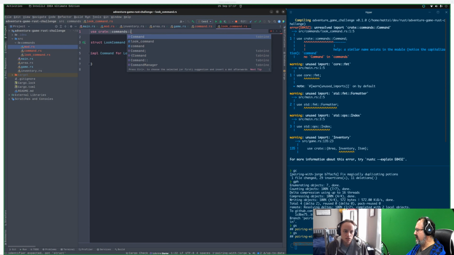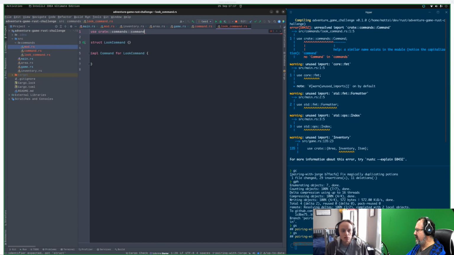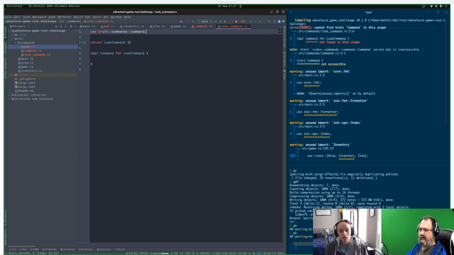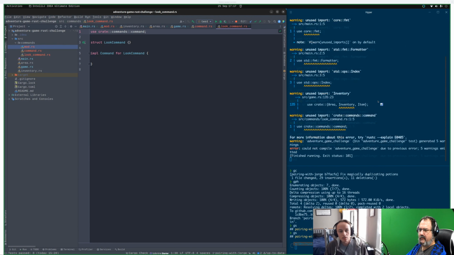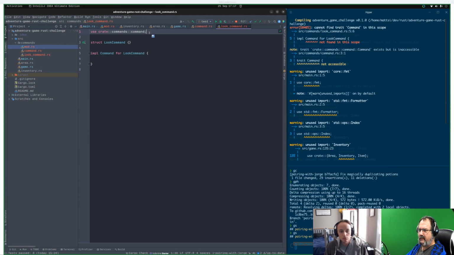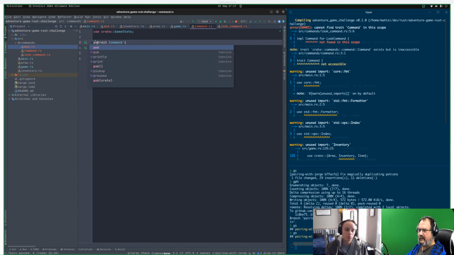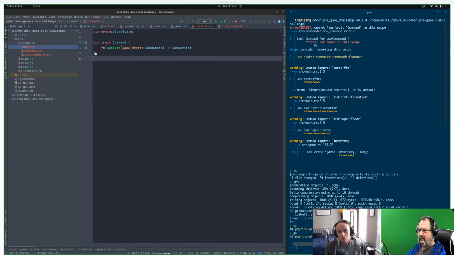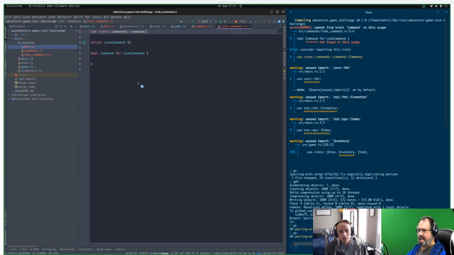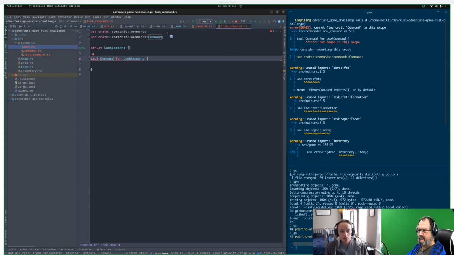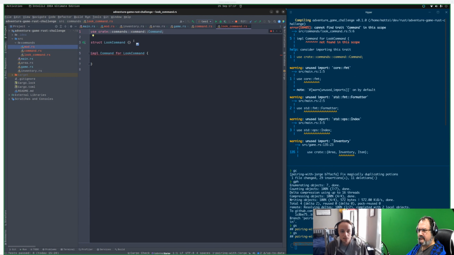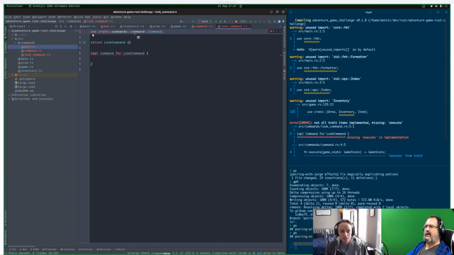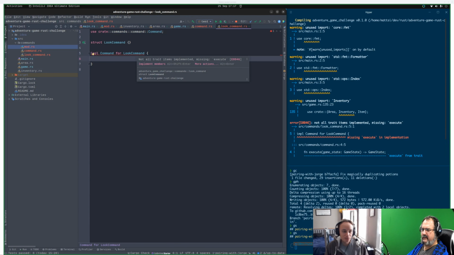What's it going to suggest if I just do that? Oh, wait, because the file is lowercase. Is that what's confusing me? So it's now happy with the use, which is funny. Oh, we haven't made it pub. So our command is now pub. We can now import it properly, and our import looks really weird because we're doing command. There you go.